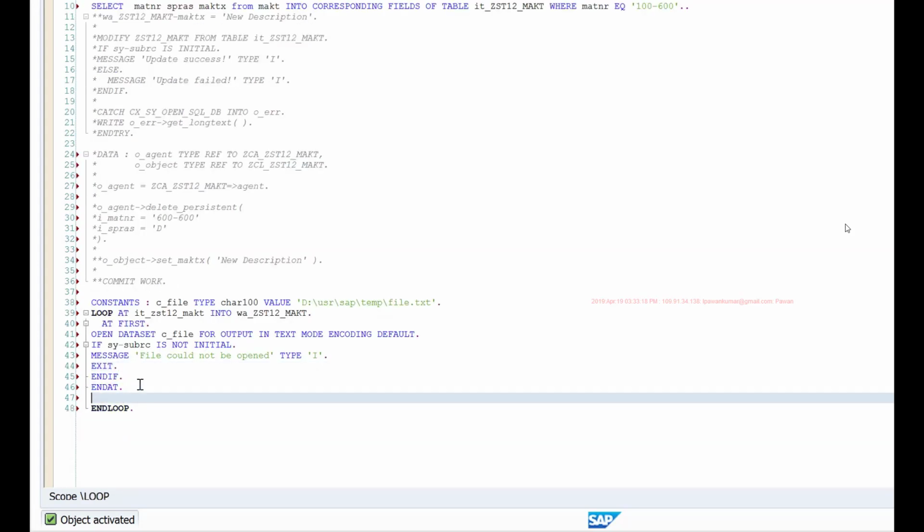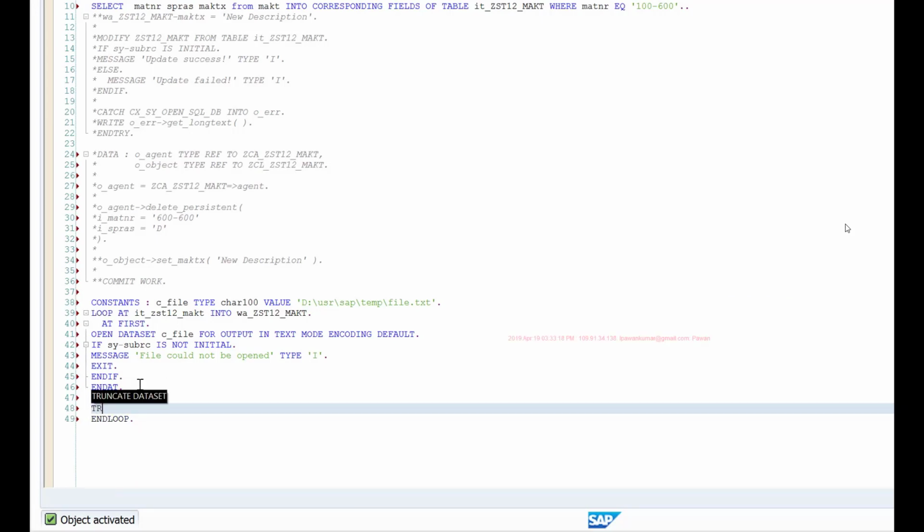However, if the file could be opened successfully, then I'll use this statement, transfer my work area to this.